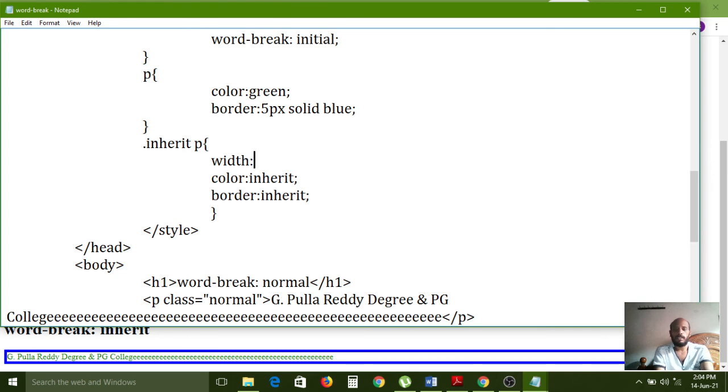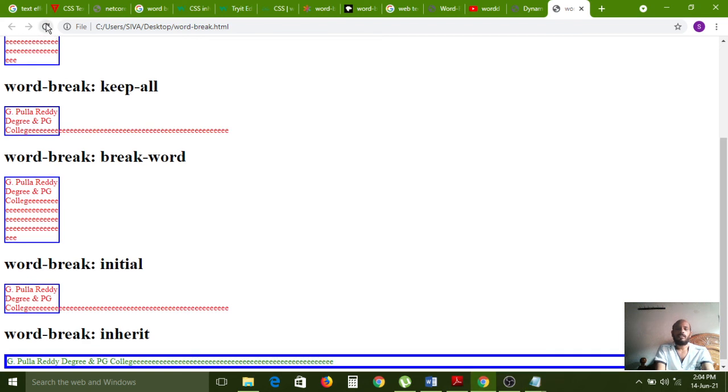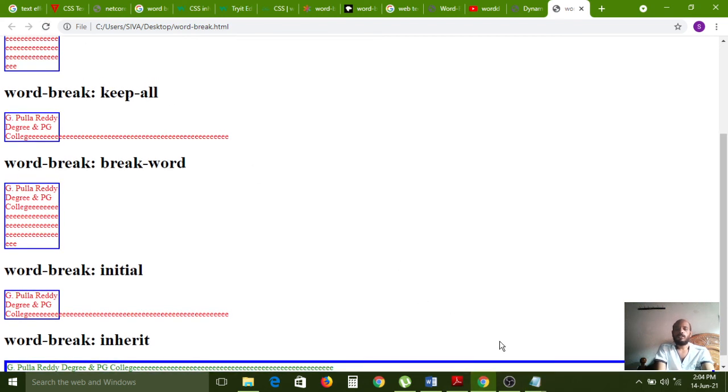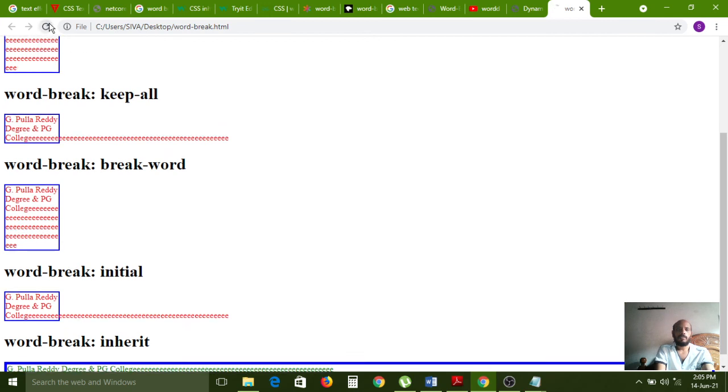Width: 100 pixels. Now I am saving, again refreshing the page. Why is it not reflecting on the web page? Width: 100 pixels. Again I am refreshing the page.